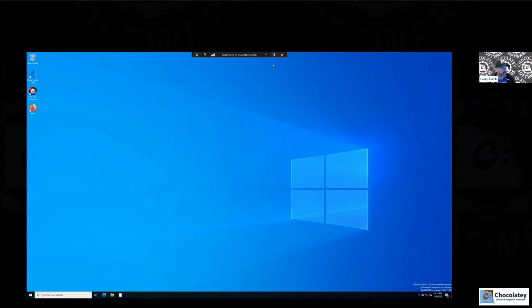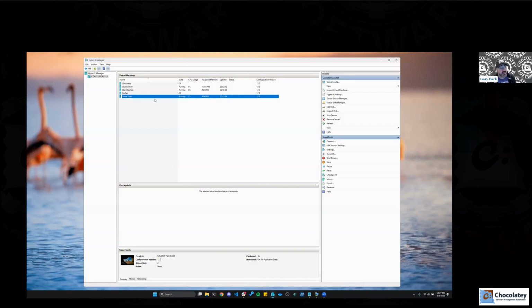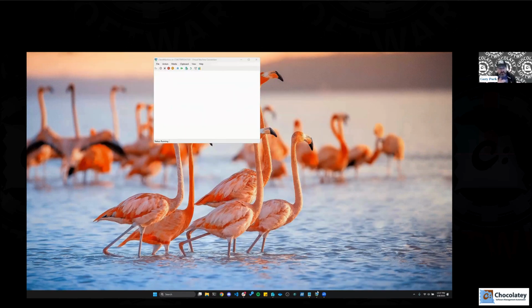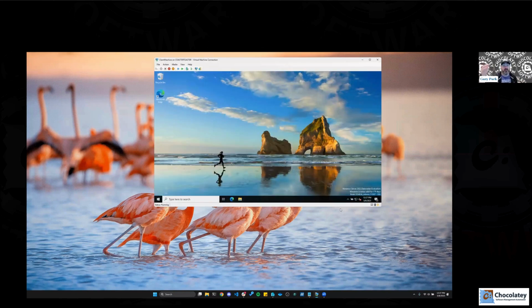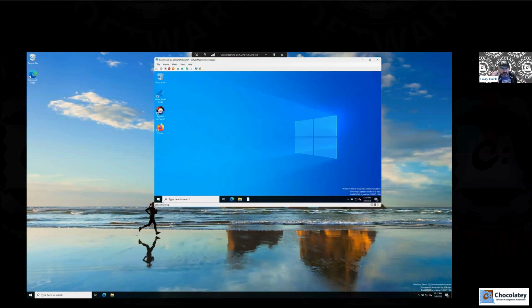Sure, I'll take one of them. One of the questions was, if you look at GUI on my system, I see some chocolatey logos that are grayed out. These are ones that ChocoSync made, correct? That's not strictly true. What Chocolatey GUI is doing there is looking at the nuspec file for the package, and if there is an icon URL, we will attempt to download that icon and put it there for display. If there isn't an icon URL, then we show a grayed out chocolatey logo. And if there is an icon URL that for whatever reason we can't download, you saw it on the last page of documents Stevie had open,